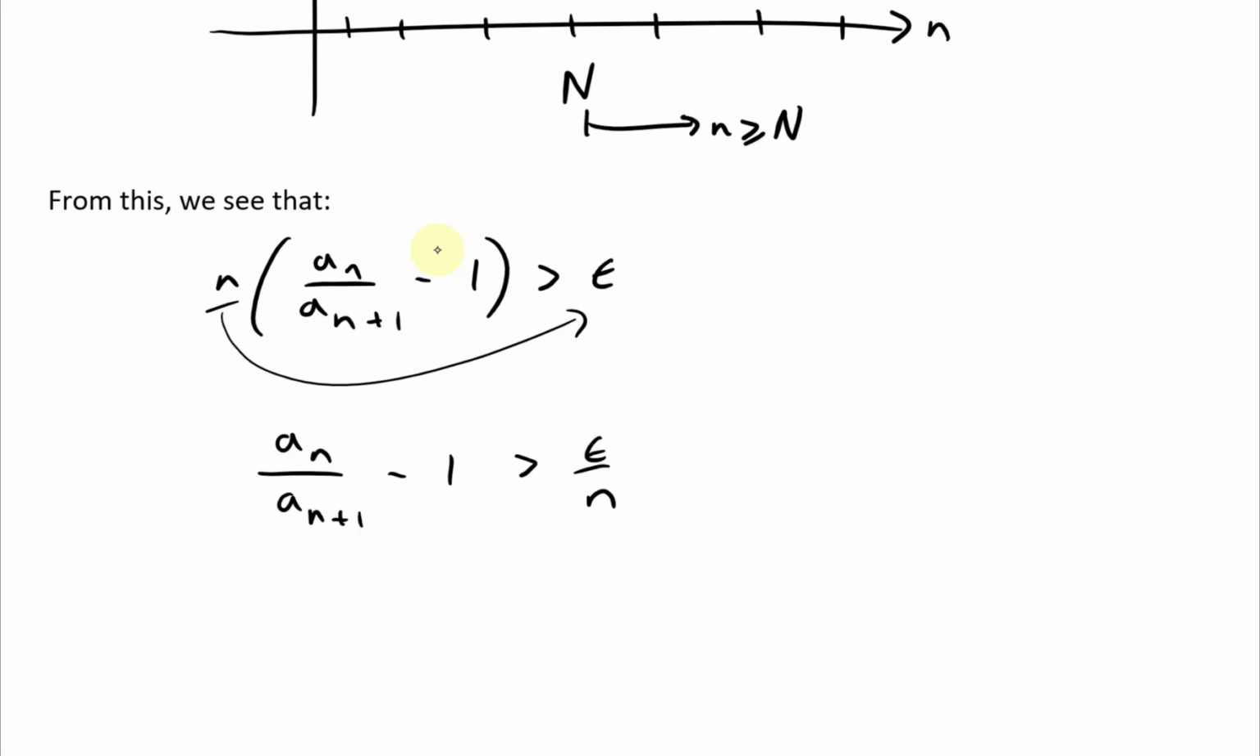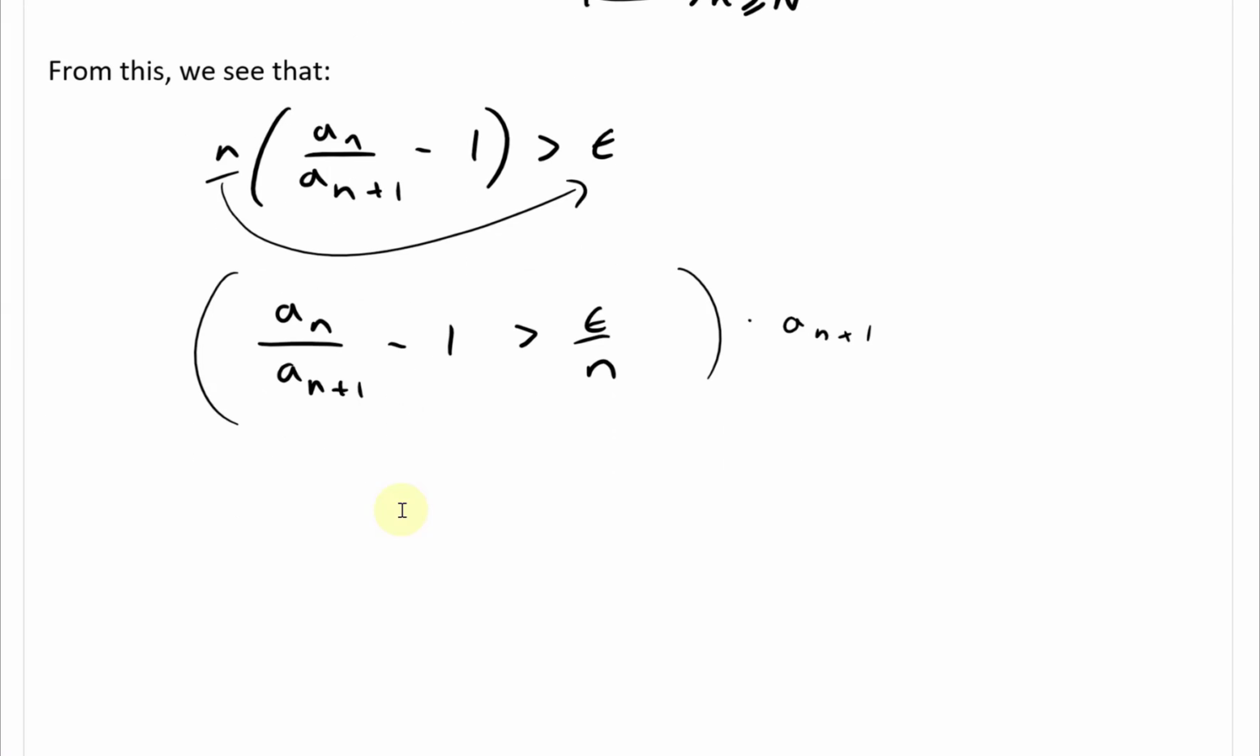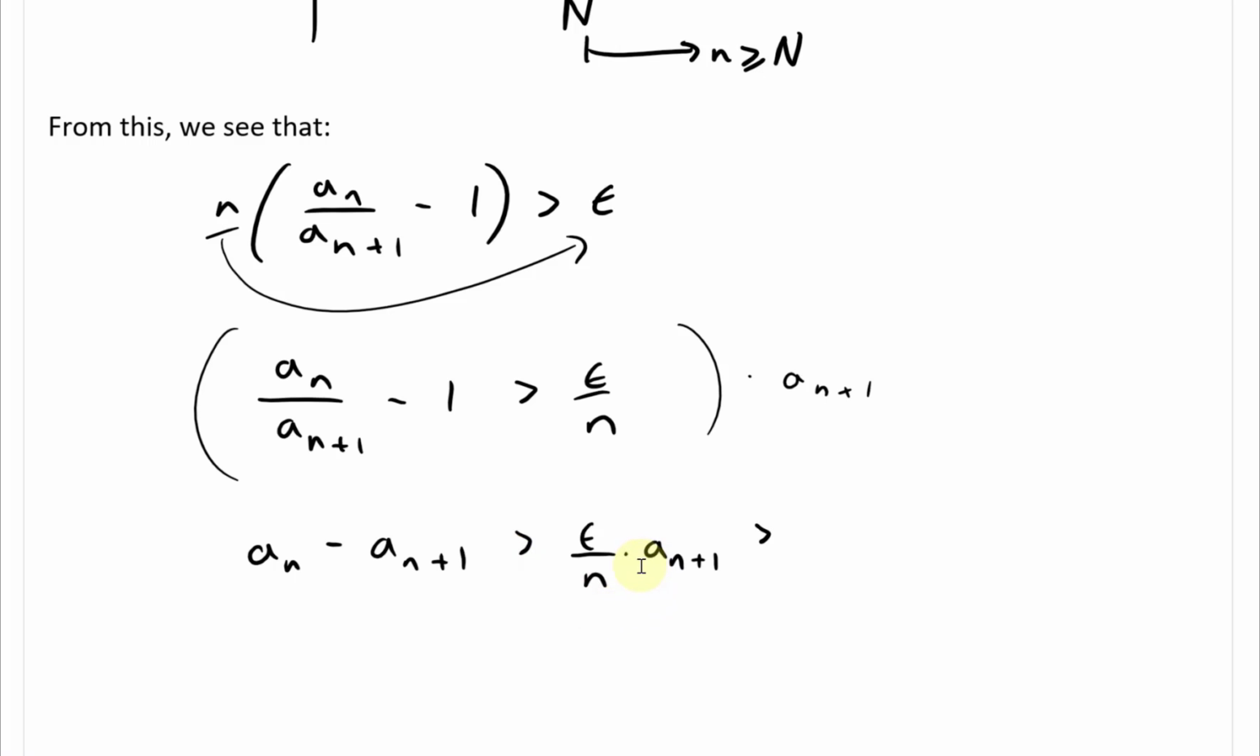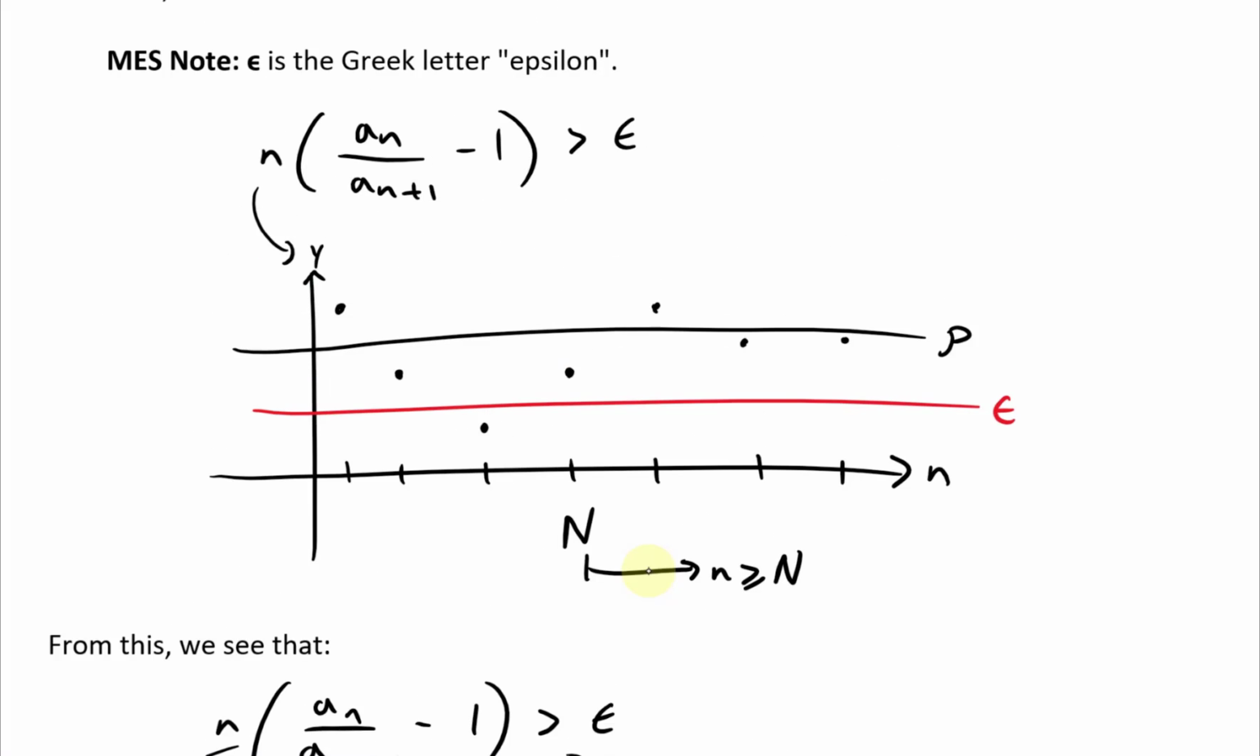And now the next step is, well, we'll just multiply both sides by an plus 1, so get rid of this denominator right here. And then what we have after that is we get an minus, and then 1 times that is just an plus 1. So we're multiplying this on every single term. And then greater than, and this is going to be epsilon over n times it by an plus 1. And we can go further. So this inequality there, this is also going to be greater than, well, because we know, look at this an plus 1, this is greater than L. And that's because,